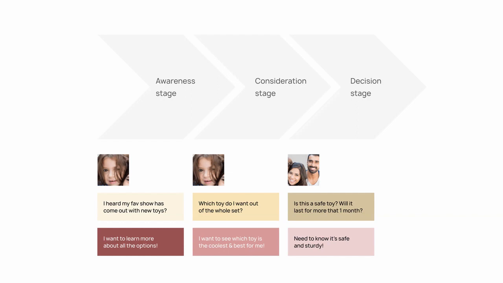And this is where the gatekeeper, decision maker might come into play. I need to know the toy is safe, so that my child who's maybe young might put it in their mouth and won't get poisoned, and I know that it's sturdy, so I won't have to buy a new one in a week. So this is how you can dictate what kinds of content you're going to be producing, depending on what stage of the buyer's journey somebody's at.